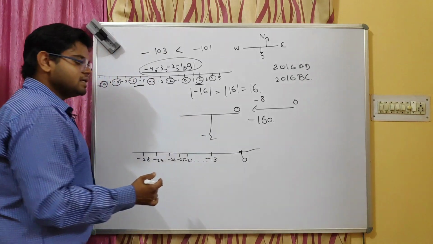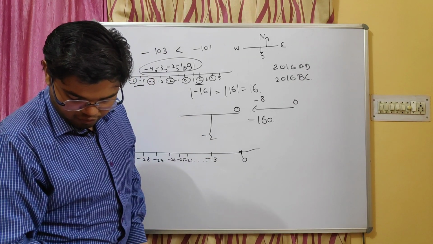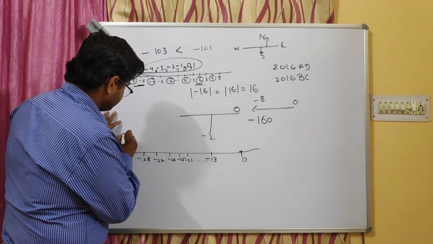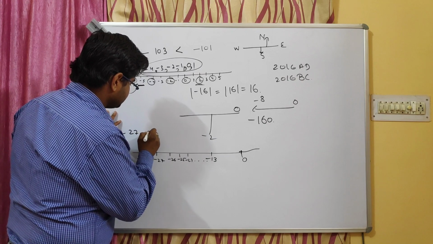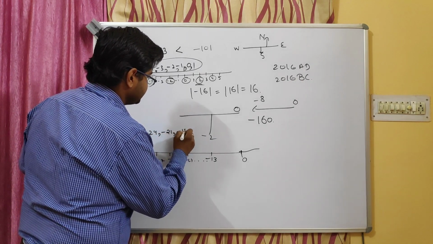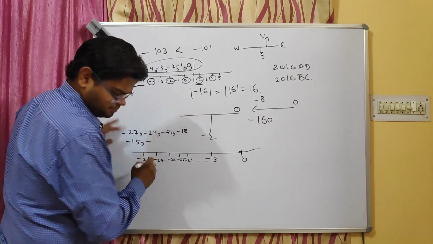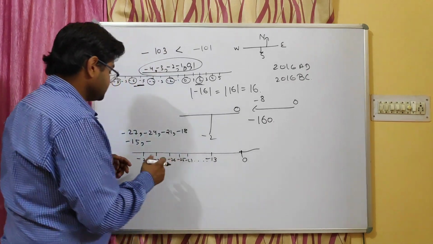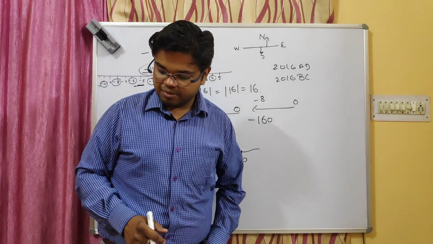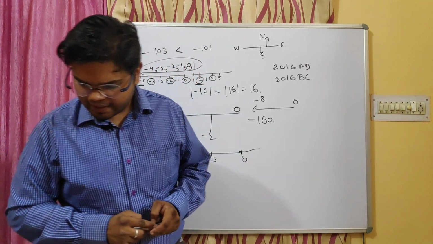So what will be the multiples of 3 between minus 28 and minus 13? It will be minus 27, minus 24, minus 21, minus 18, minus 15, so till minus 15 only, children. Okay, question number 8. You will be doing this question in your textbook only.